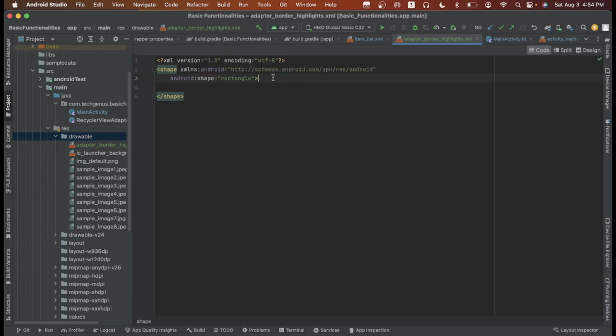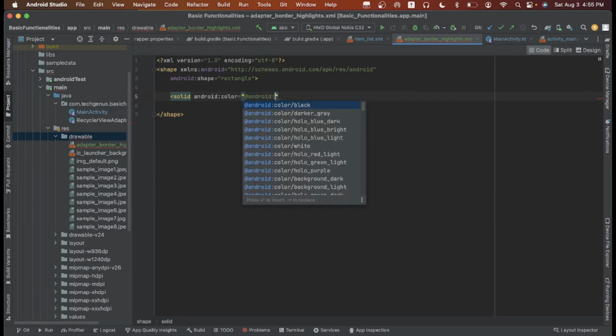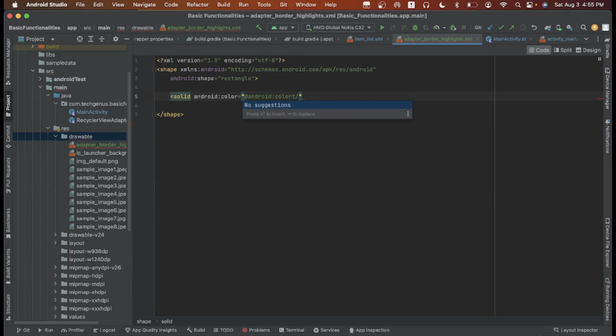Let's declare solid, with android color transparent.